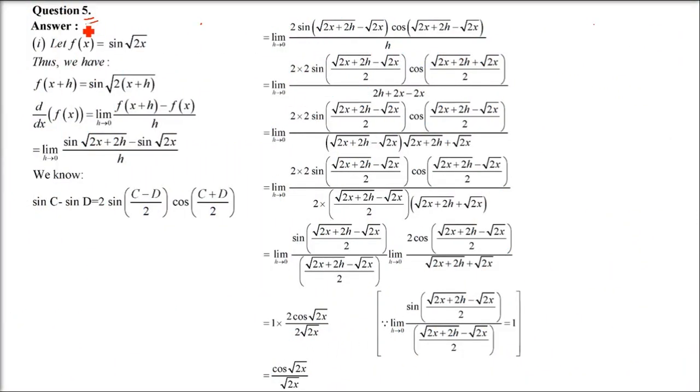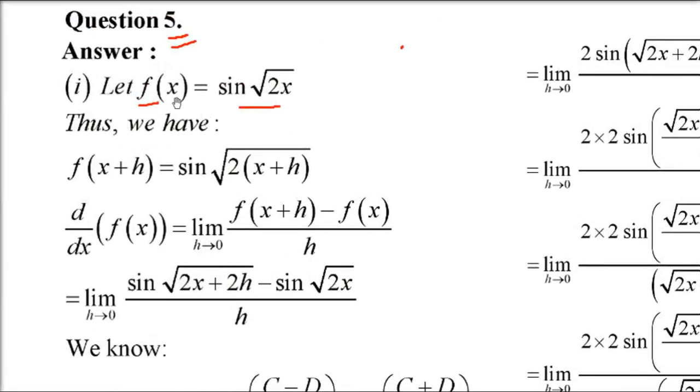Now this is question number 5. So we have the form in which the root is inside sine, cos and tan. So the things remain the same. Just see this question very carefully. The question can be tan root x, or tan x raised to 3 by 2, so x raised to something will come. So sine under root 2x.